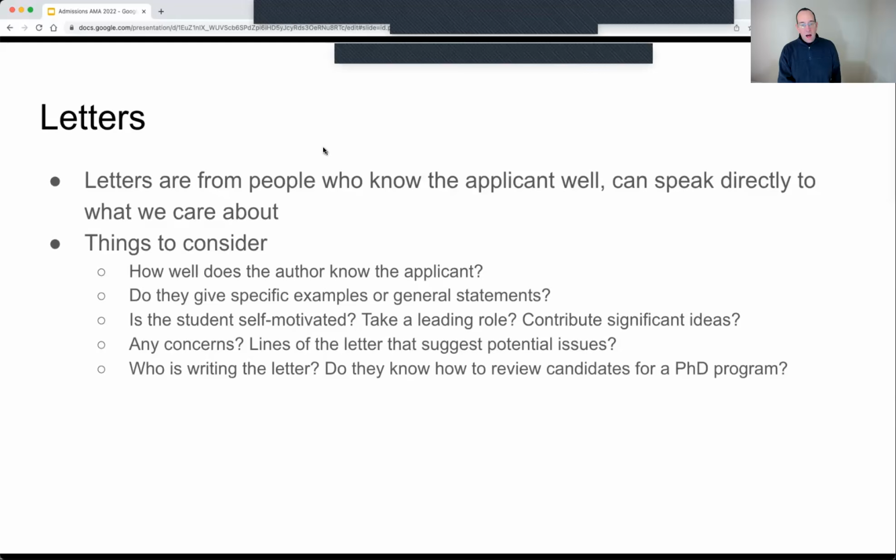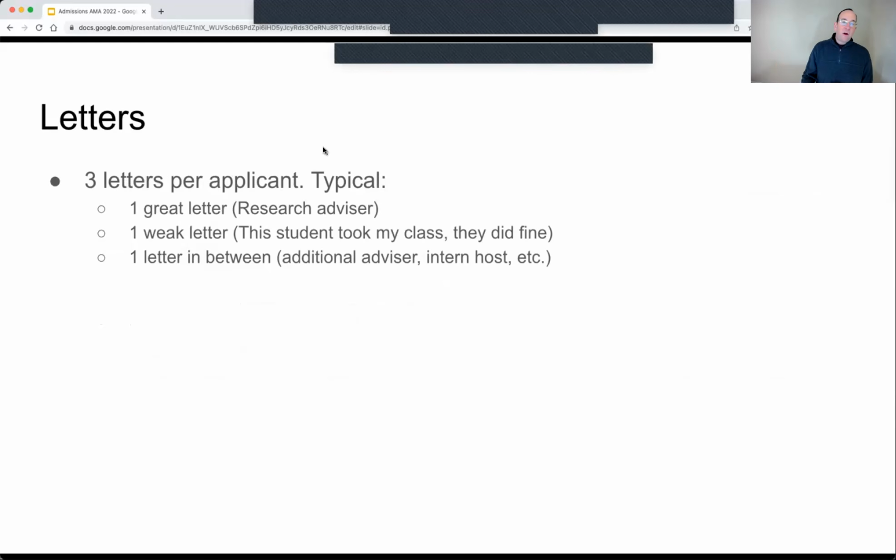It's also, I sometimes see applicants try and distribute the work to kind of maximize their letters. And I don't think that's the right way to go about it either. We want to see great letters. We are aware that we're probably just going to see one great letter. You shouldn't trade one great letter for 3 average letters. That's not going to help you.